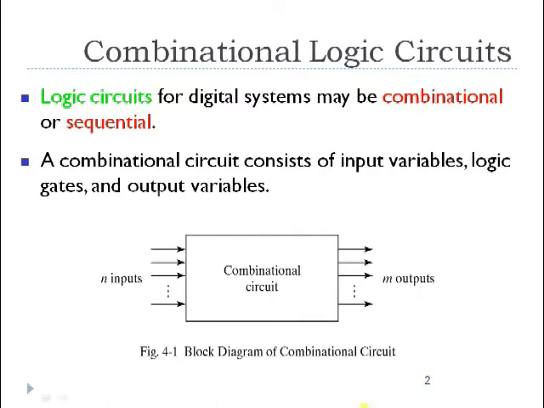Okay, now here you can see a simple block diagram of a combinational circuit which is accepting n inputs and providing us m outputs. Now these m outputs of this combinational circuit totally depend on the present state of the inputs. These outputs are only depending on the present inputs. So if you are giving an input at a time x, then based on those inputs you will get the output. That is what a combinational circuit is. So it will accept n inputs and provide m outputs, and the outputs totally depend on the present inputs.